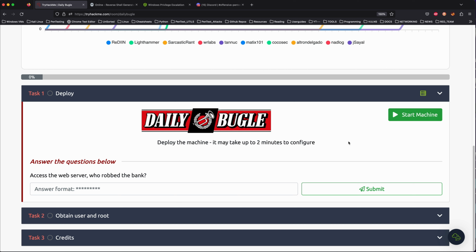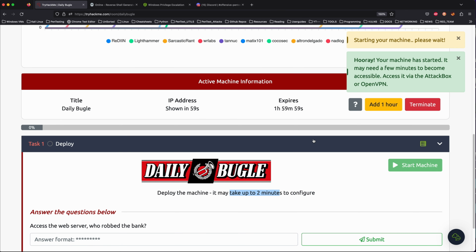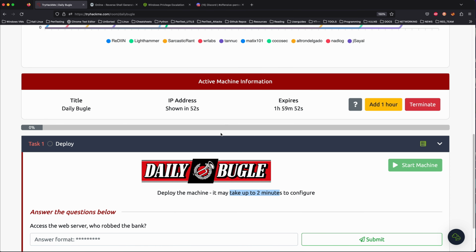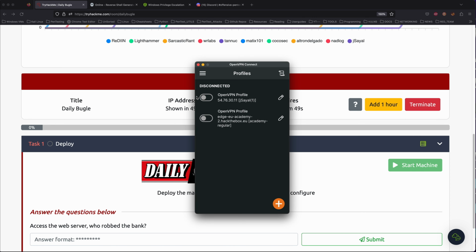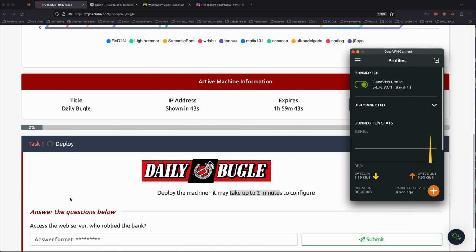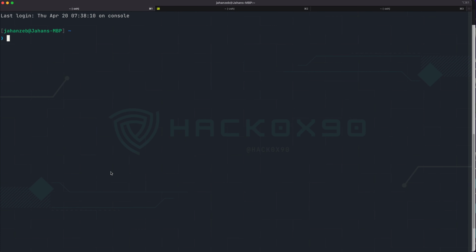So first step, let's start the machine here। और जैसे ही machine start होगी, it's gonna take a little bit time here। Then we'll start scanning the machine, and we'll probably have to give it some time before we'll be able to do it। So in the meantime, let's do other things। For example, we can open this Open VPN here, and now we can interact with this machine using this Open VPN profile here।